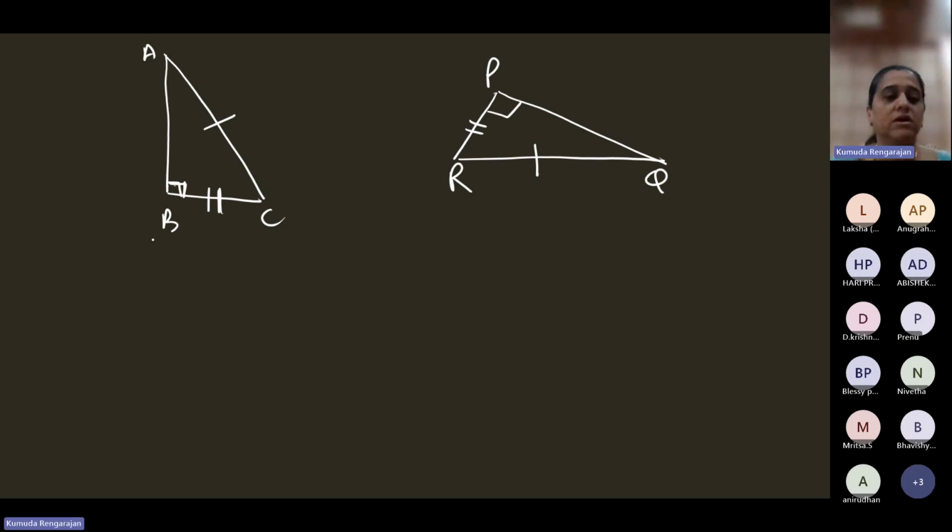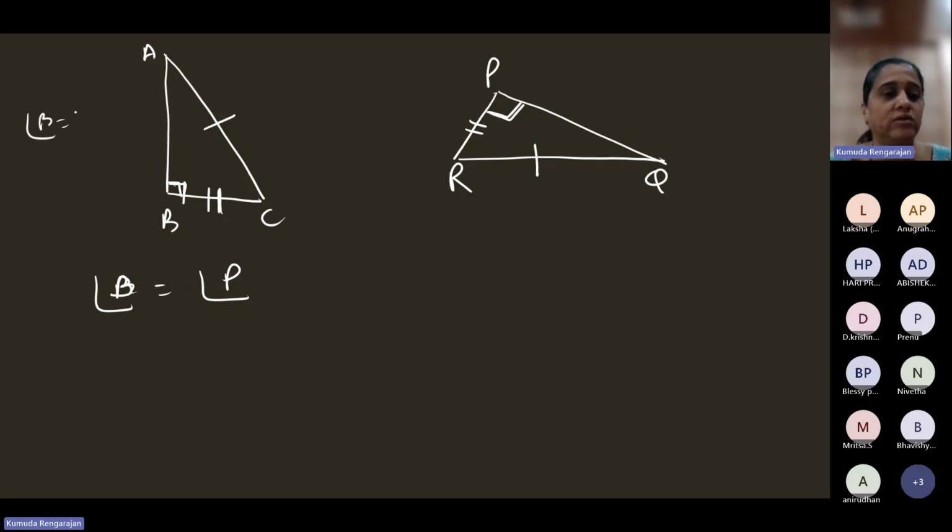So here, angle B is equal to angle P, 90 degrees, because it's marked 90. You must write one angular side of the first triangle equal to the angular side of the second triangle. You cannot write two things. You can see now, supposing